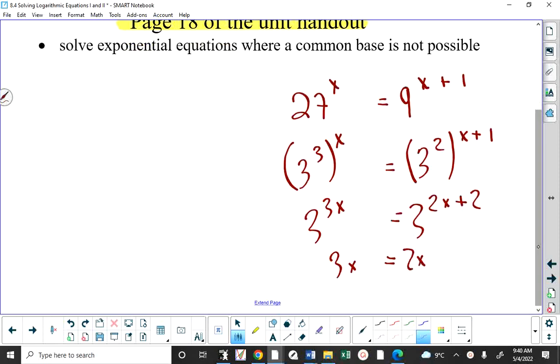equals 2x plus 2, and a slow-witted 10-year-old could solve that equation. Okay. In other words, it's easy. I'm not putting down grade 10-year-olds. I think they're all a little slow-witted. So,